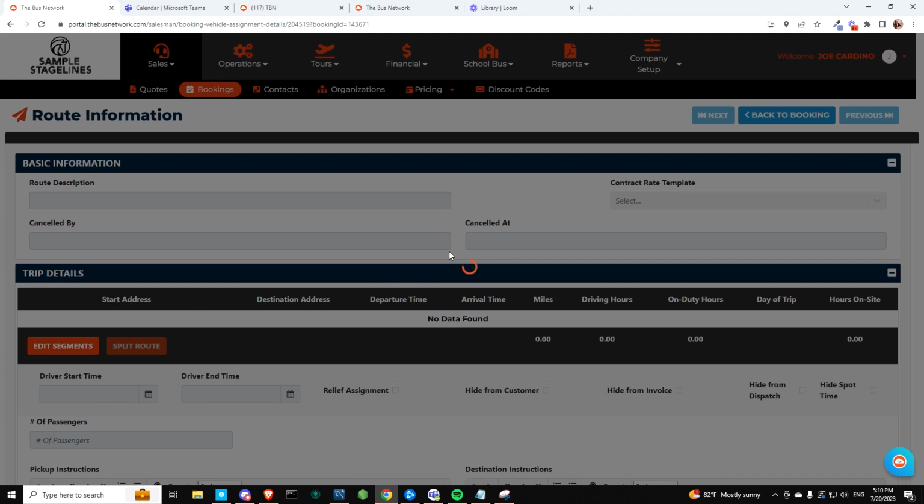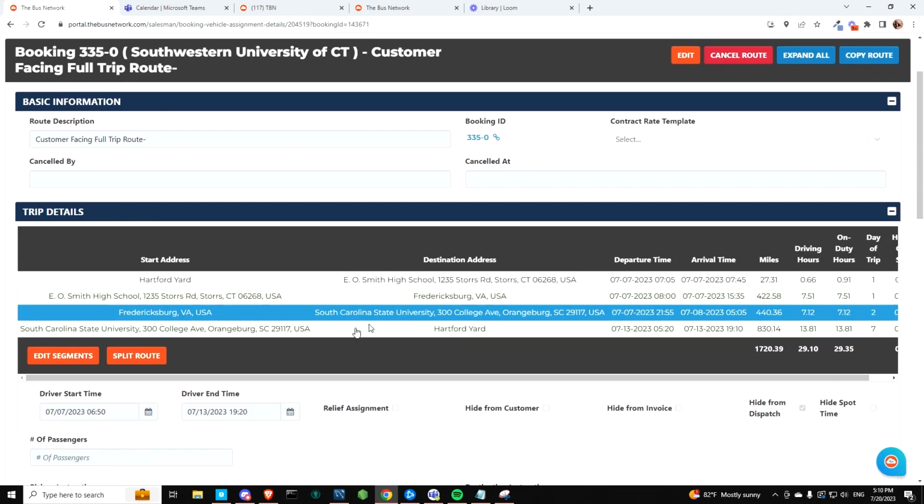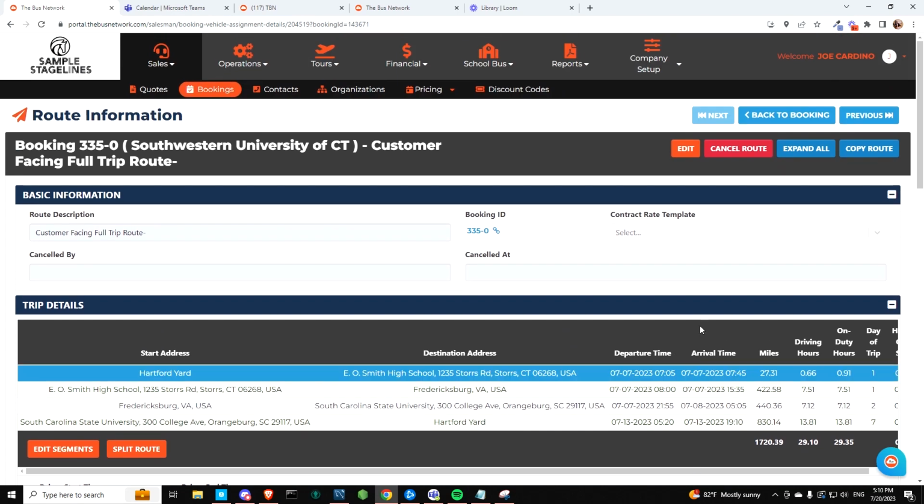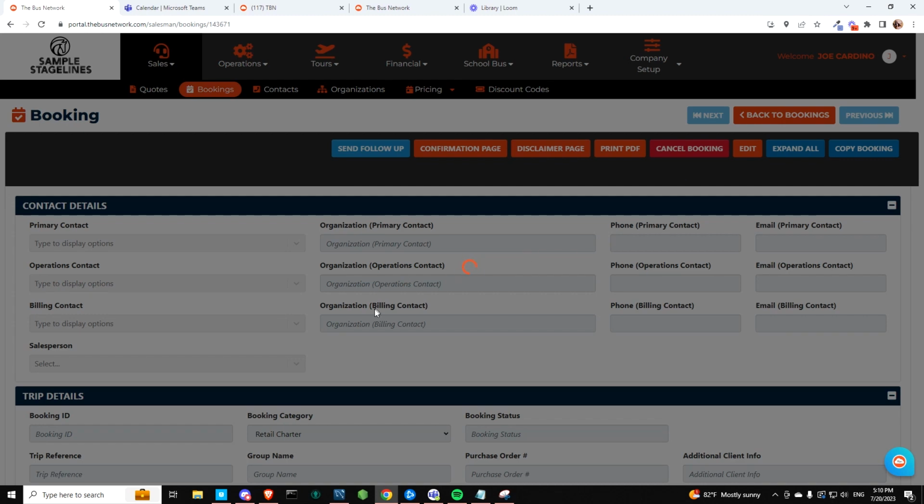What we're going to see in here is all the trip details for the actual trip. This is what the customer is seeing, and this is the one that we're hiding from the dispatch, right? We don't need this one to show from the dispatch. That's why we created the other routes. So let's go back to the booking itself,